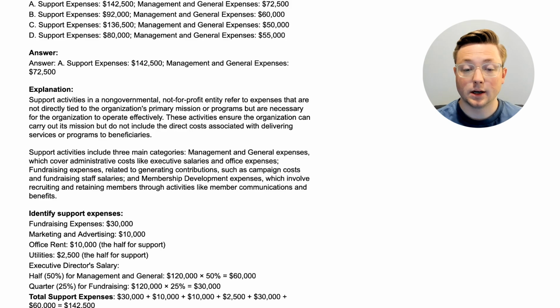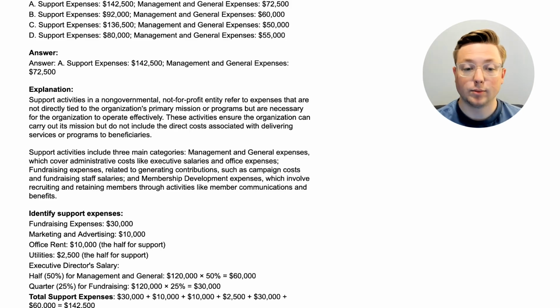Support activities in a non-governmental not-for-profit entity refer to expenses that are not directly tied to the organization's primary mission or programs, but are necessary for the organization to operate effectively. These activities ensure the organization can carry out its mission, but do not include the direct costs associated with delivering services or programs to beneficiaries. So again, these are the activities that are not directly related to program,